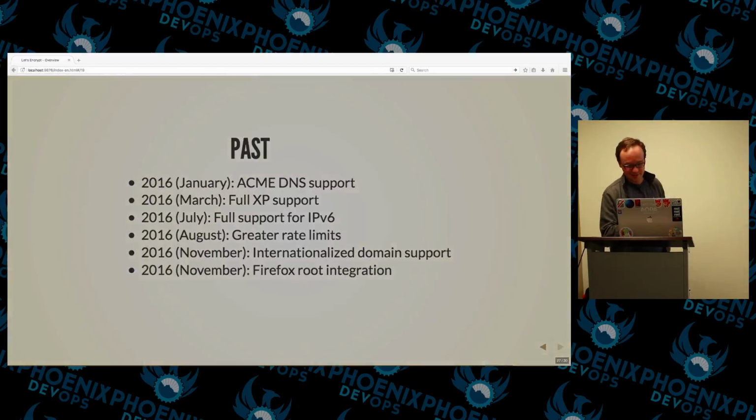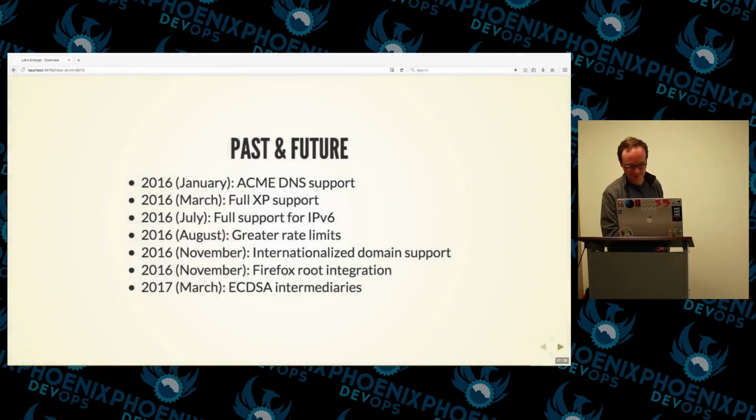Coming up soon, Let's Encrypt is planning to get intermediate certs that are ECDSA certificates, so that you can go from an RSA to two levels of elliptic curve certs and speed up your connections, because the elliptic curve algorithms are faster than RSA.